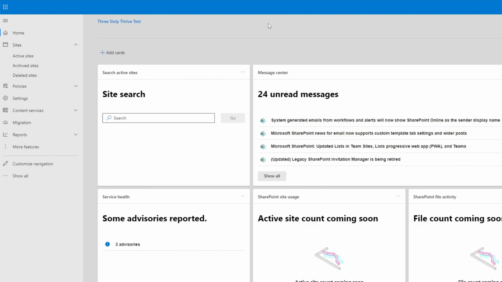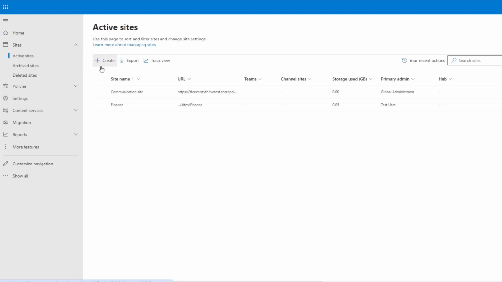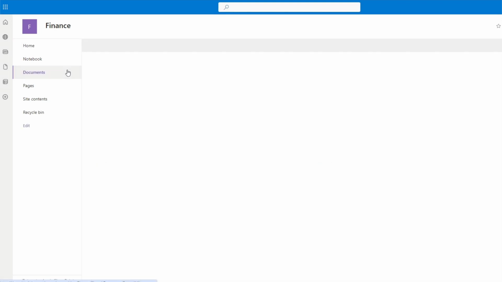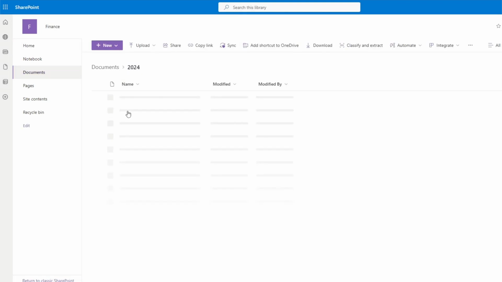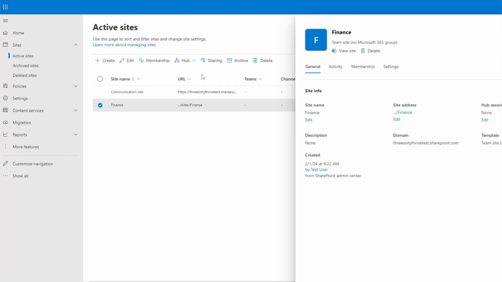Within the SharePoint Online admin portal, the first thing that we will notice is in the left-hand navigation pane within sites. Usually, we would only have the choice of active sites or deleted sites, but now we have archived sites. In this example, we are going to archive a SharePoint Online site called Finance. We'll open the SharePoint Online site to prove that I have access to it and that there is data within there. To archive this site, back within the SharePoint Online admin portal within active sites, we'll select the site and